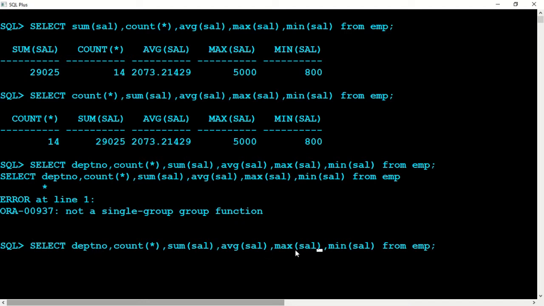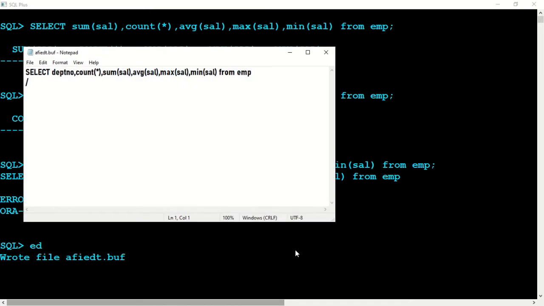So we have to say here, I'll say ed, okay, I say ed. So we have department number is not grouped. The rest of the columns are as they are, we can see it from EMP, but here I have to add group by. Group by what? You have to group this thing. Because department number is not grouped, we want department wise grouping. So I'll say department number has to be grouped. What is not grouped here has to be grouped in the group by clause.